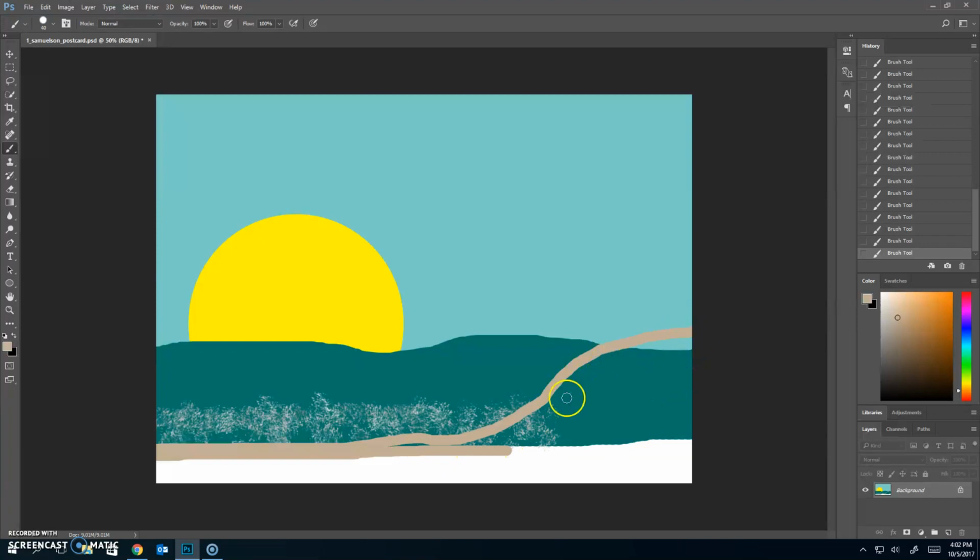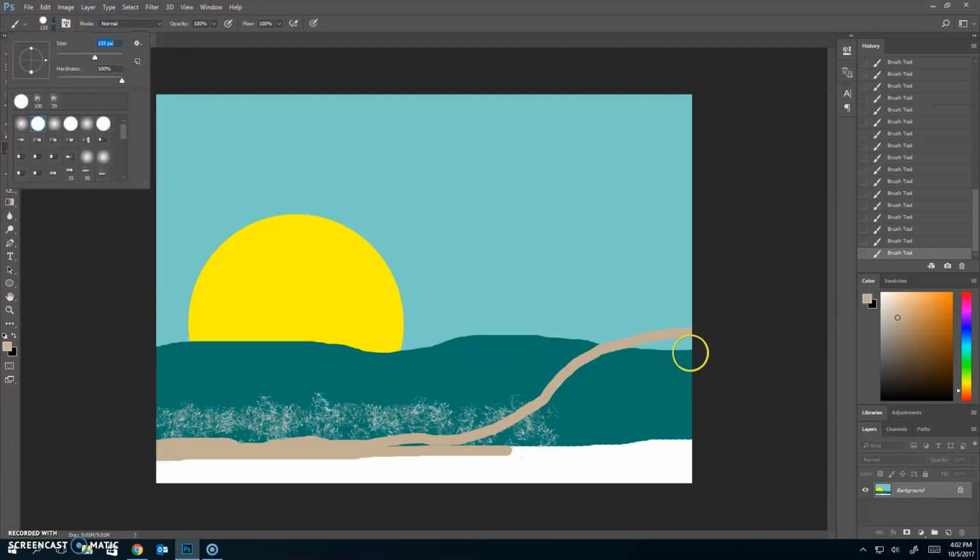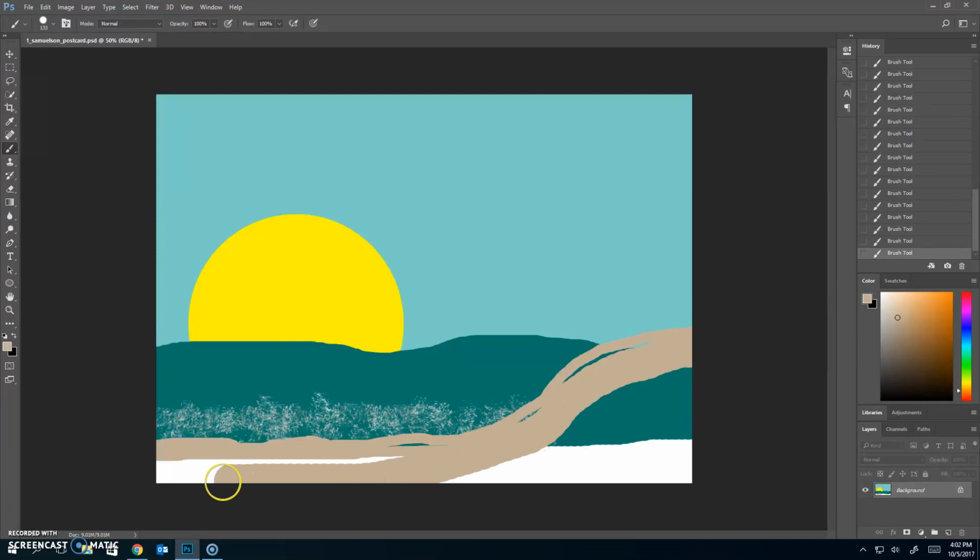Okay. And once I get that basic outline, that was maybe too much, the basic outline, because I don't want straight lines. We know the beach isn't going to be a straight line. Then I can come back and I can get a bigger brush and I can fill in underneath it. Again, don't leave any gaps. There we go. And again, all of this is on one layer,